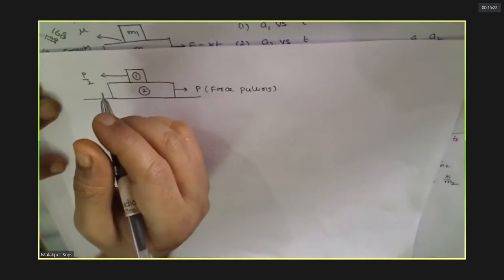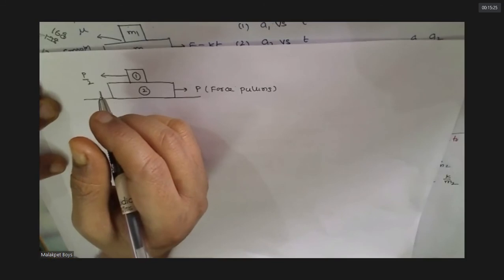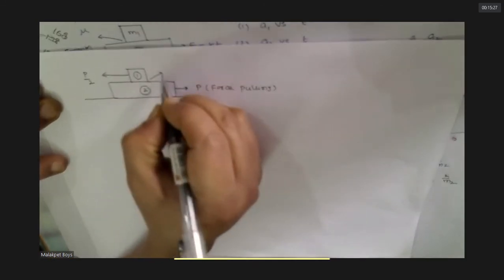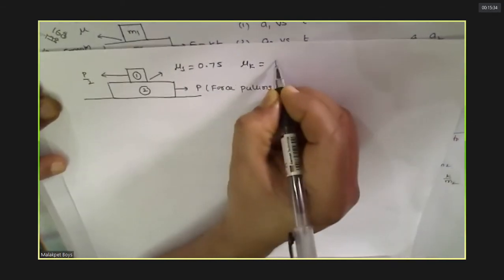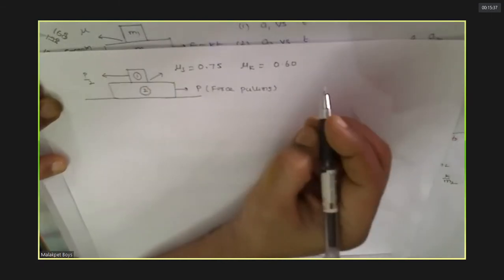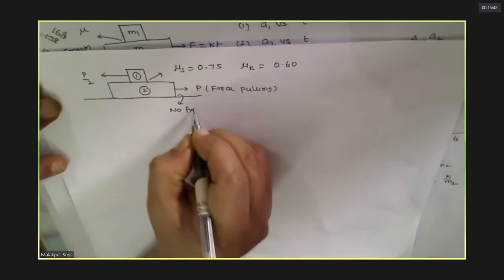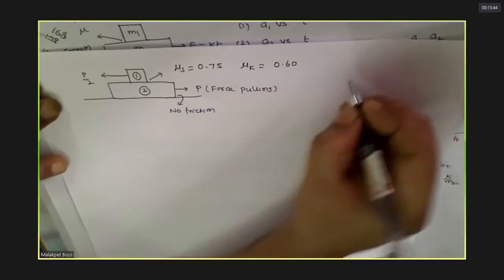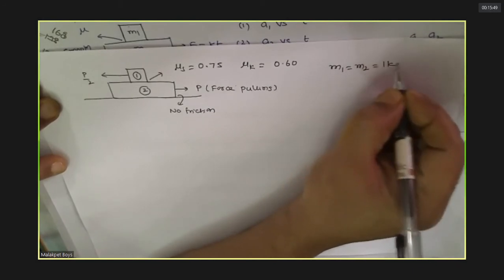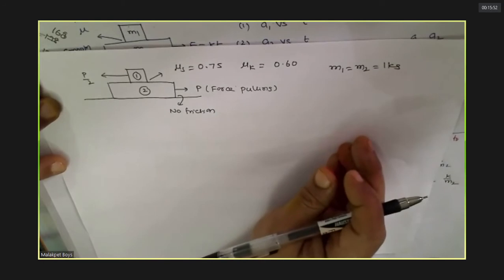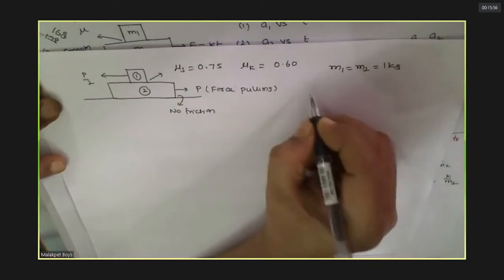Here you are having two separate coefficients, and mu k is given as 0.60. There is no friction. Blocks are having the same mass of 1 kg. You're supposed to find